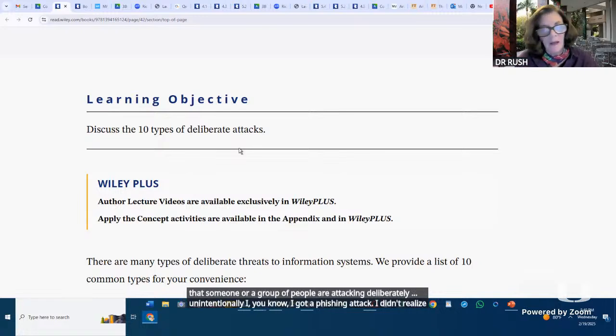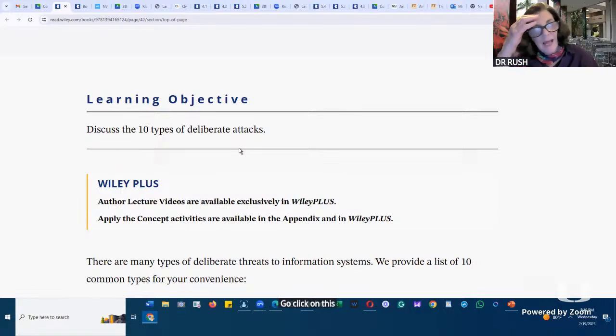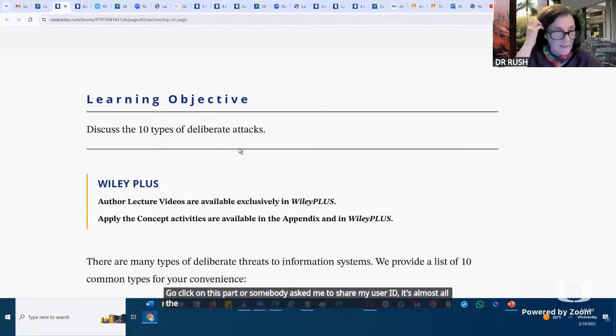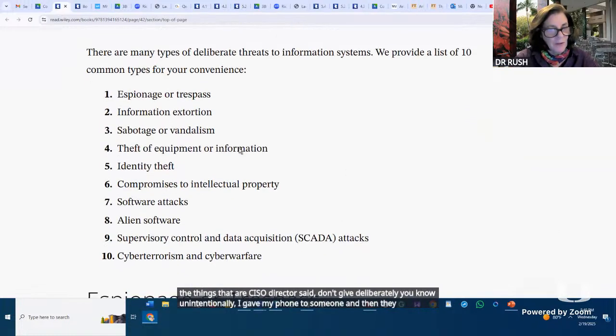I got an email. They say, go click on this part, or somebody asked me to share my user ID. It's almost all the things that our CISO director said, don't give, deliberately or unintentionally. I gave my phone to someone and then they created damage.